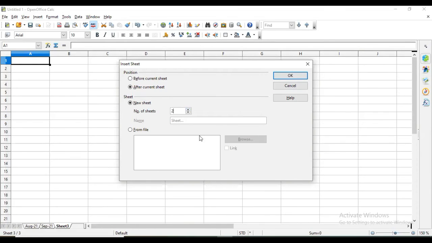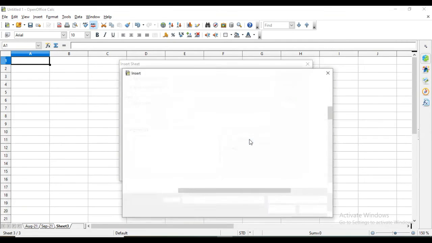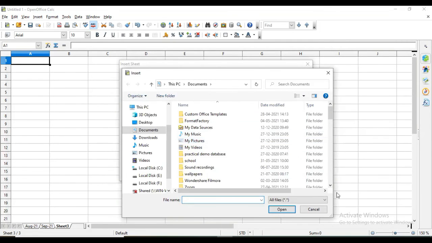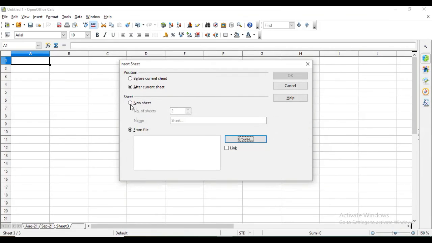And if you want to bring a worksheet from an existing file, where in another file you have created some data and you want to bring that data here, at that time this option can be selected, and select that file by clicking on browse, and then you will be able to import those worksheets. So right now I am inserting 2 worksheets.